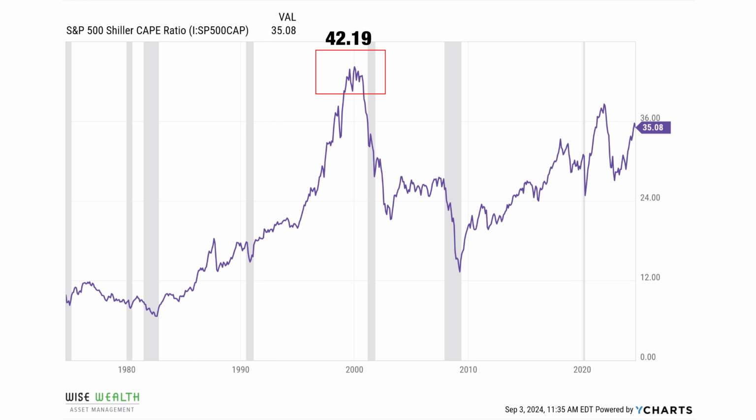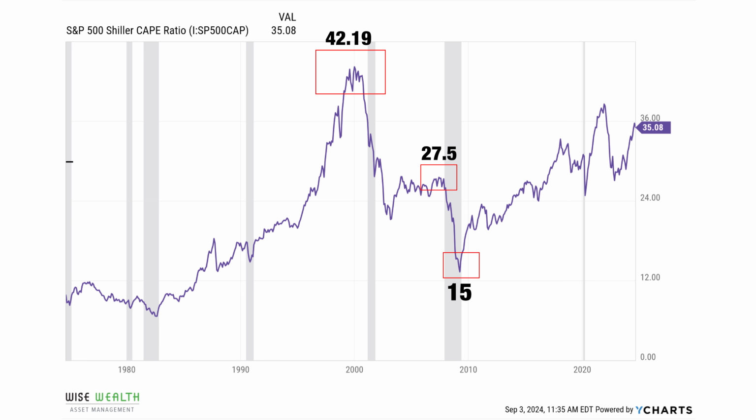So the highest peak back there before the 2000 meltdown was 42.19, and you'll see that that was quickly followed by a gray/blue bar, depends on how it's coming through to you. Those bars represent recession. The next time that we had the great financial crisis in 2008, that peak there was 27.5, followed by a low of 15. Really all we're worried about is the data over to the right hand side.